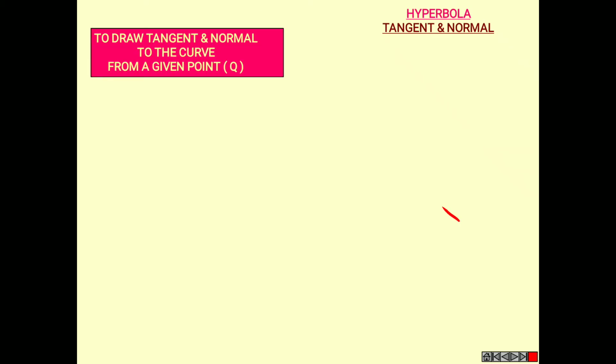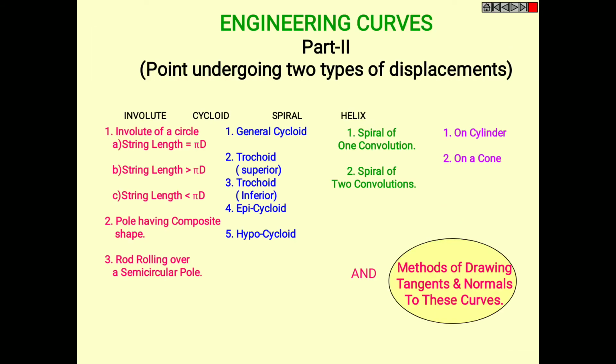Now we will directly move into the type 2 curves of engineering. Those are involute, cycloid, spiral and helix. Firstly, moving into the involute,